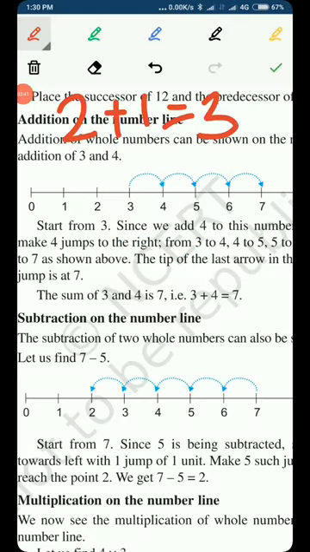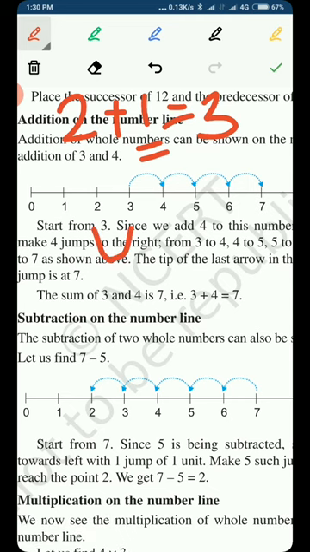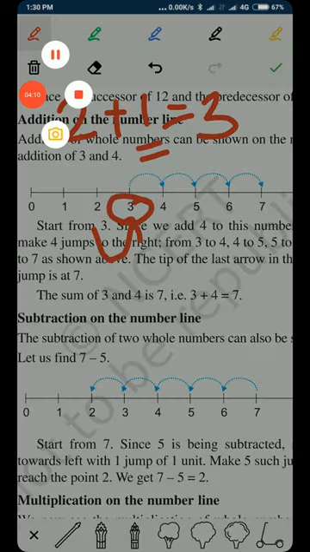That's how we do addition on the number line. I would like to repeat: whatever number we are adding to the given number, like we are adding 1 to 2, we jump one time from 2, and when we jump one time from 2 with a unit distance, we reach the next number, that is 3. So that is how we do addition. We jump as many times with the unit distance as the number we have to add to the given number. Let's take a new example.